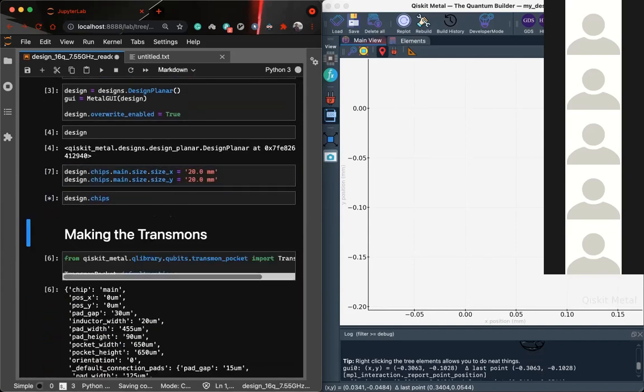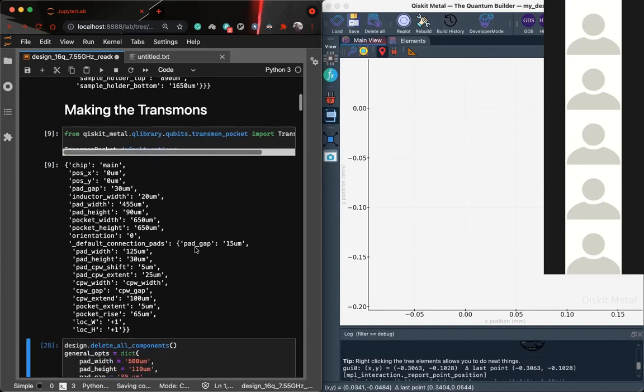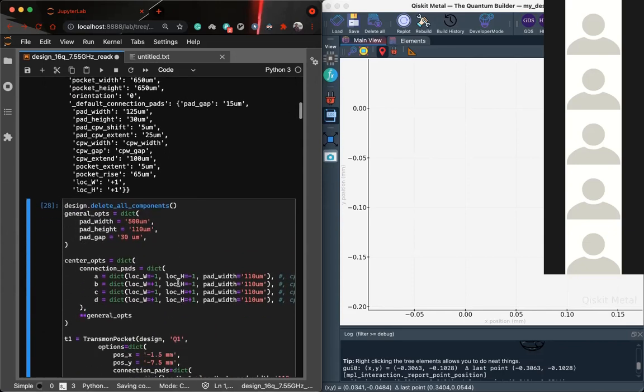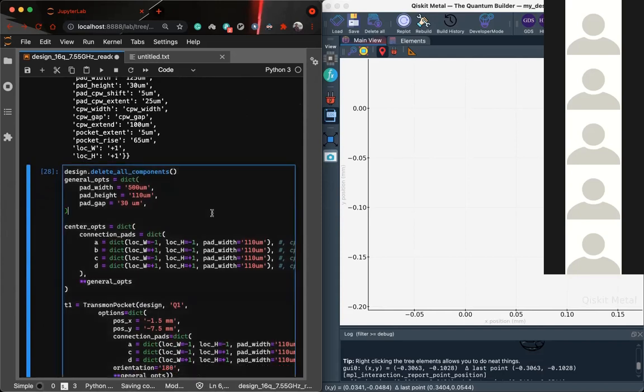let me just execute from the top. We take this and execute this, so it gives us all the properties by default that are there for the transmon. You can see there is inductor width, and then pad width and pad height, and all these parameters. What these actually do is change the structure of the Q component.